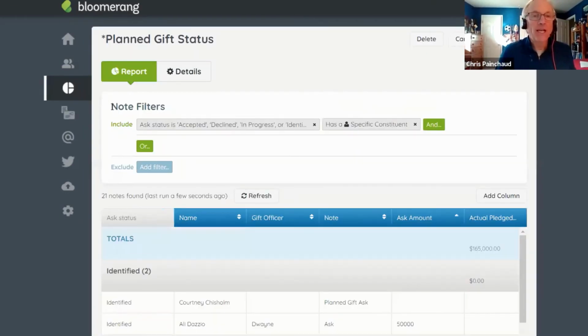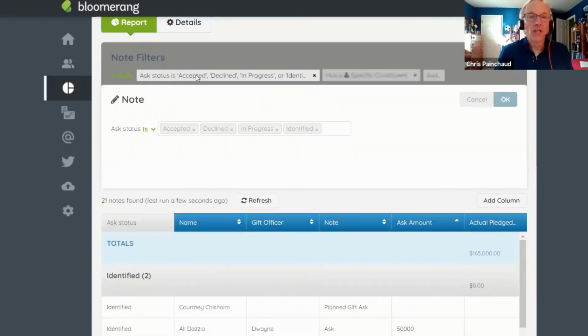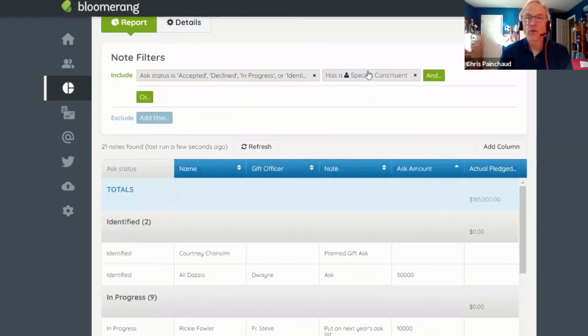So having created a report based on notes, I have just a couple of filters, and I'm using that status field that we saw a moment ago as the primary criteria for getting on the list. I want anybody who has any of my 4 statuses. If they don't have a status yet, that means they're not on my list. If I've considered them and I want to add them to the list, I simply add a note and start with identified. And then as an insurance policy, just to make sure I don't get any wayward